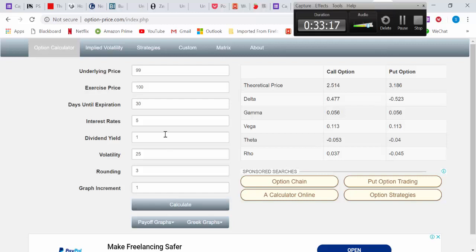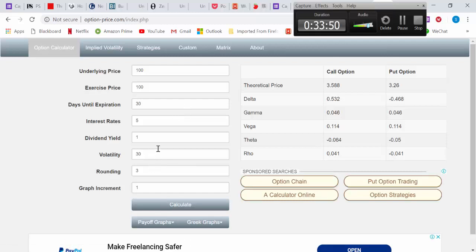So now that is one way the call option price can change. The other way is if the volatility starts changing. So let's say it was 25 and now suddenly volatility changes to 30. Will your call option price go up or go down? It went up, not a lot, but a little bit.